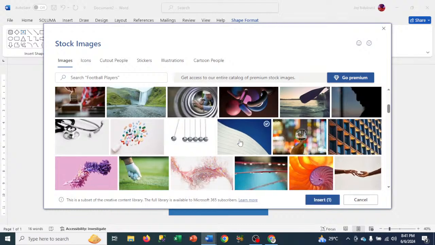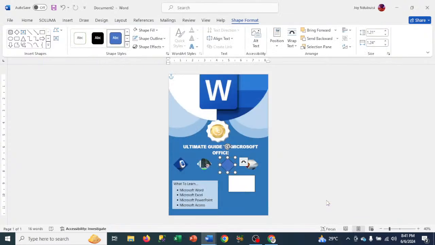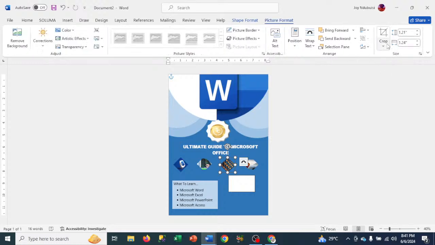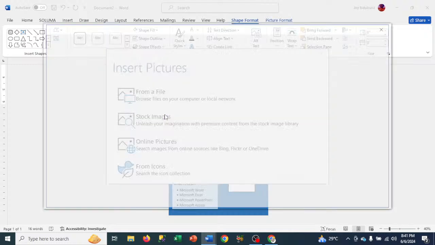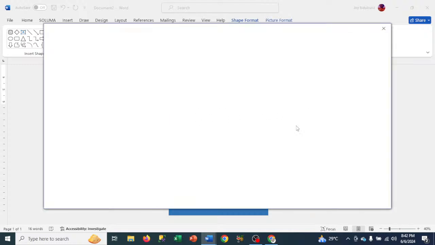Okay, let's say I select this or this and then insert. The same way I can still go to picture format, come here and say fit. So we have this. I can even come to this one, go to shape format, come to shape fill, go to picture and say from stock, and then